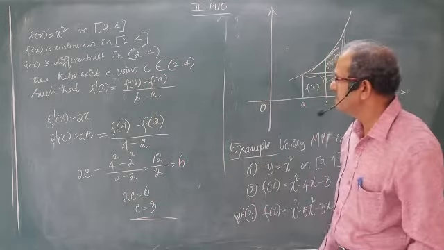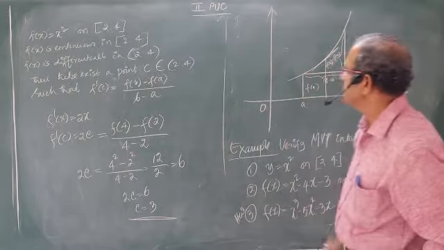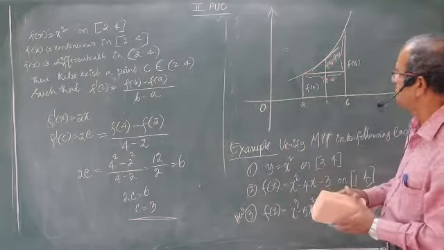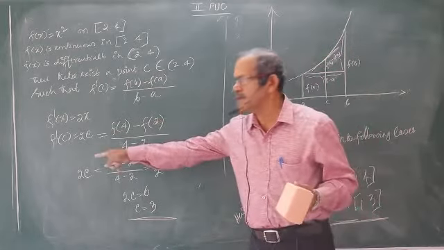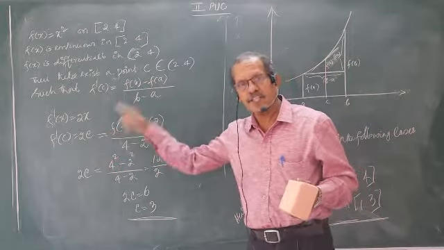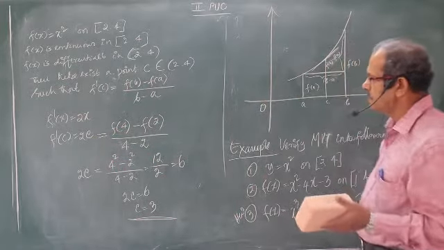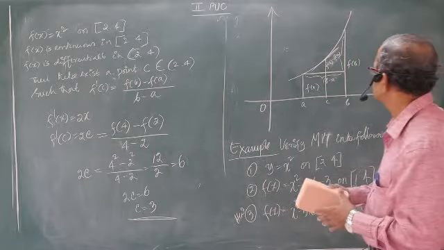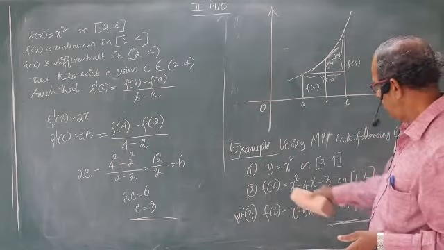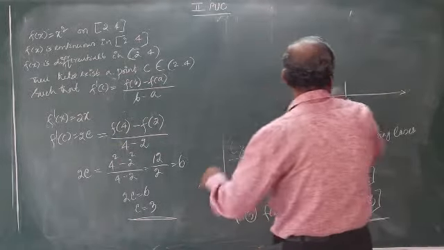Verification is very simple. First write the conditions satisfied by the given equation, then straight away find the derivative. Find the derivative at C, compare the value, that's all. Find out the value of this C. Let me take the second one also. The third one is for you to work out.